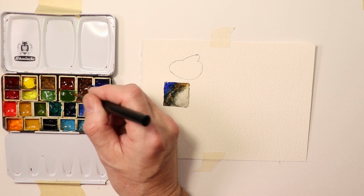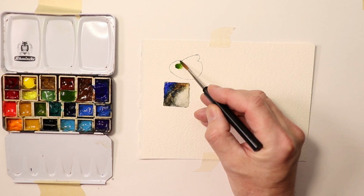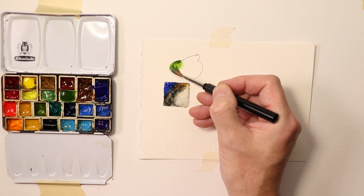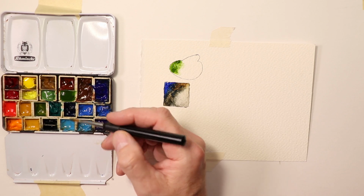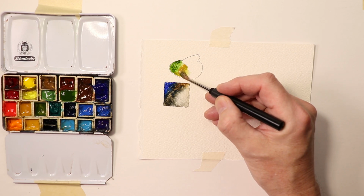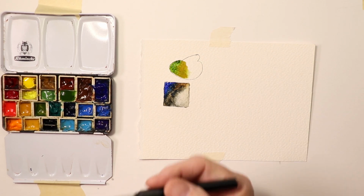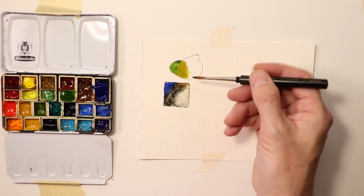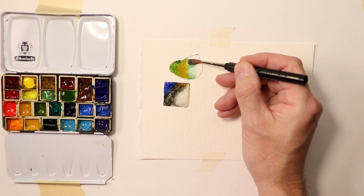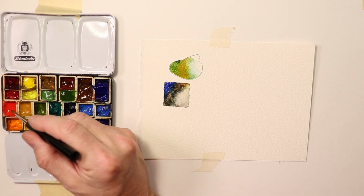And then up here, let's go with some sap green. So I just go straight sap green. And I'm just carefully working my brush. And let's maybe use some yellow ochre. Sap green, yellow ochre. And then maybe we'll go with some Viridian green. And then maybe we'll make an interesting